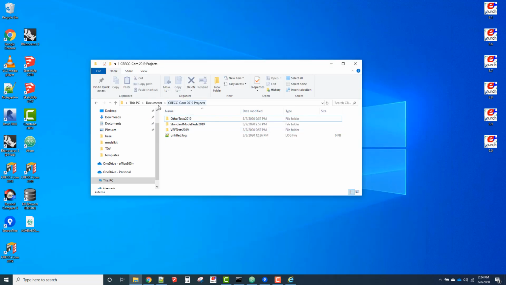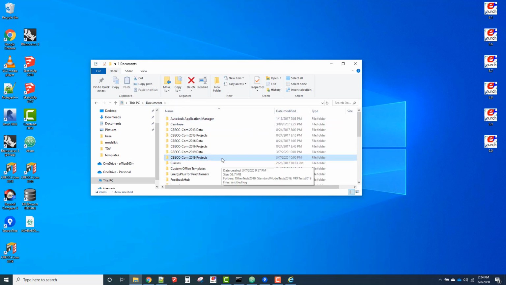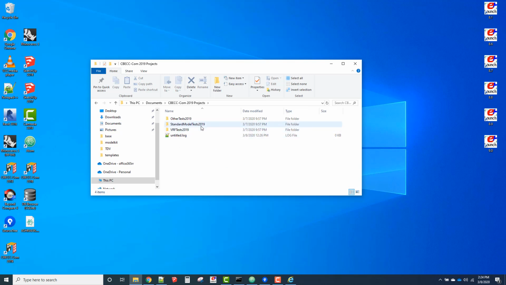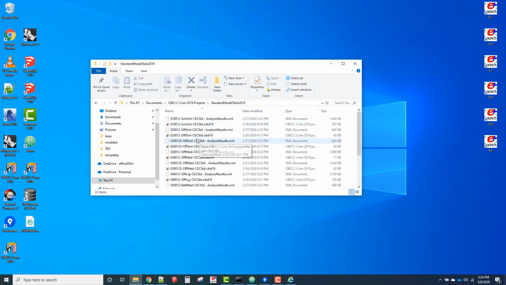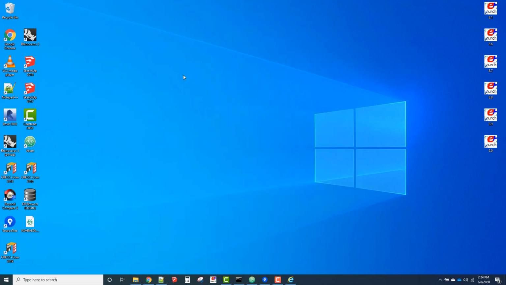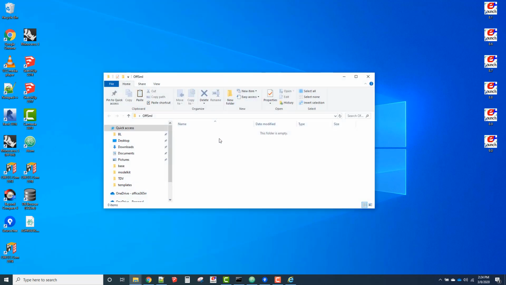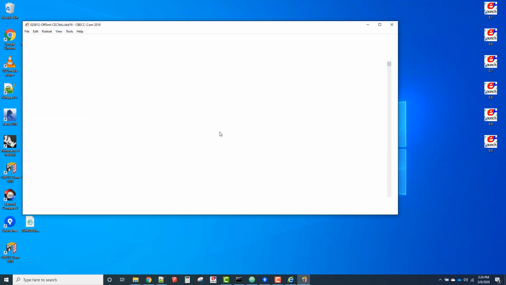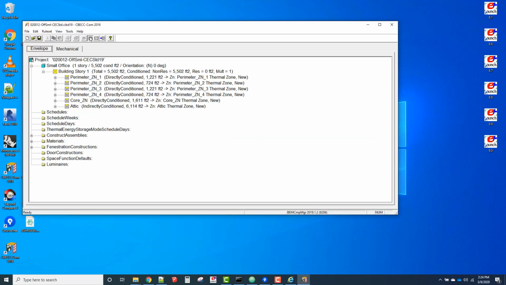And once you install it in your Documents folder, there's a number of sample projects in the CBECCOM 2019 projects folder. If you go to Standard Model Tests, we'll be using the Office Small prototype. So I'll just copy this Office Small prototype to somewhere outside this folder. So if we just open that up and simulate it,